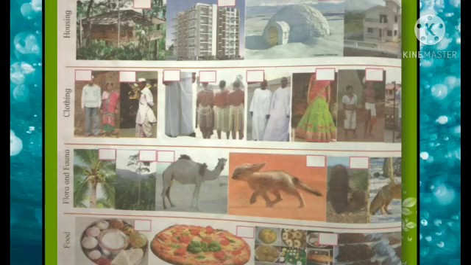Put a tick mark in the boxes that you have experienced or used. Then put a star for the ones you have seen, just seen, not experienced. And a cross mark for the ones you don't know anything about. Means you have neither seen the thing nor experienced it. In such boxes, you have to put a cross. So now you can solve the same later on. Let us proceed further.